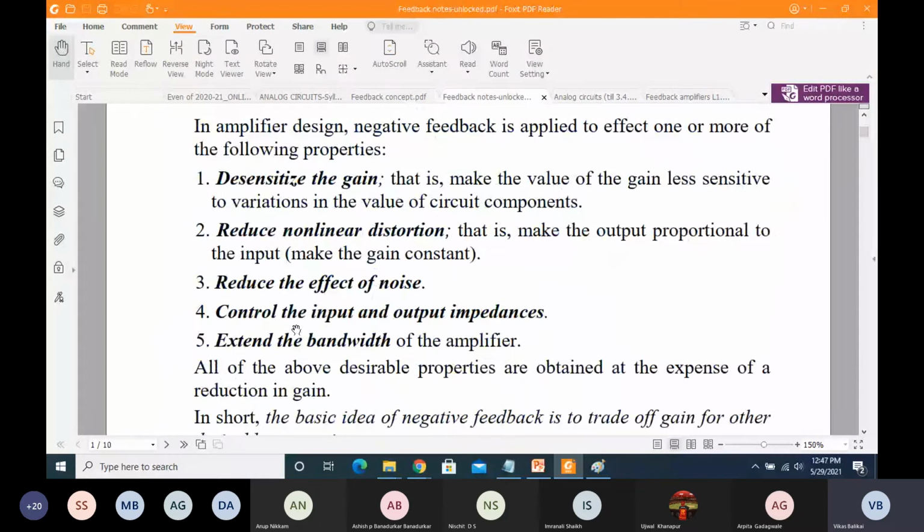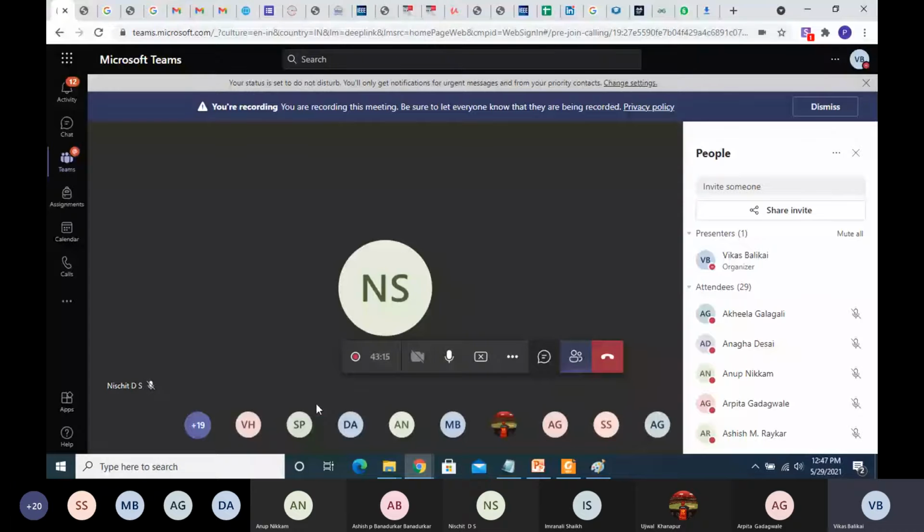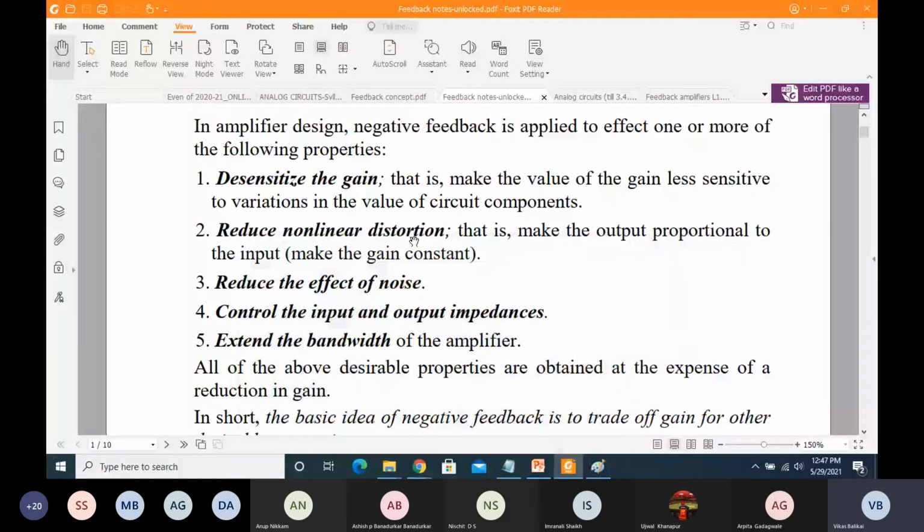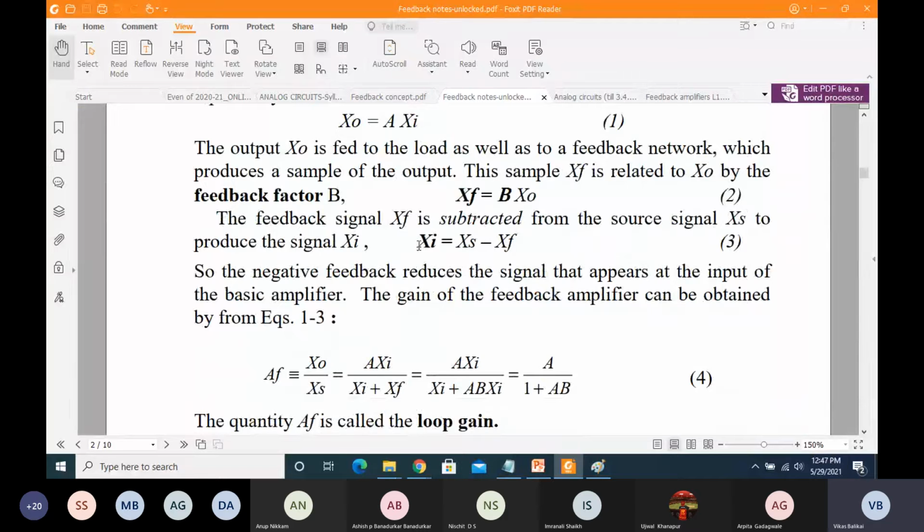We have also seen how exactly the input and output impedances can be controlled. We have already discussed the Rin and Rout values of the inverting and non-inverting amplifier. Basically Ri will be increased from Ri to Ri multiplied by 1 plus A beta, and Ro will be decreased from Ro to Ro divided by 1 plus A beta. That is what we have understood for the inverting and non-inverting configurations. In this lecture, we are going to have a similar discussion considering other feedback amplifier configurations. So with this, let's move into some of the other aspects.